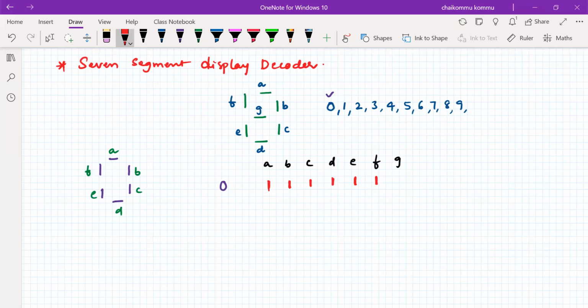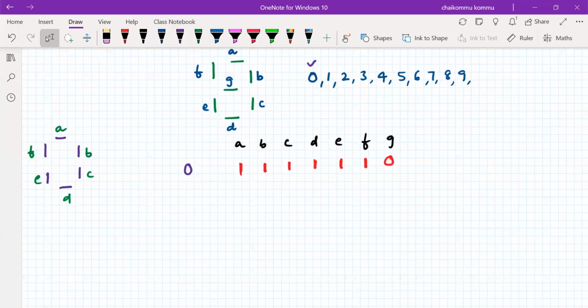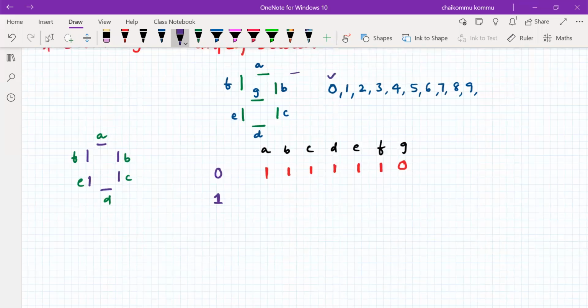1, 1, 0, but it should not glow. Okay, it is switched off. Is it clear? For example, if I want to have a logic 1 here, not logic 1, the number I want to display. Either you can consider only this side, or maybe this side also we can consider, but usual practice we will consider at this point. So therefore I'll consider at the ABC side.